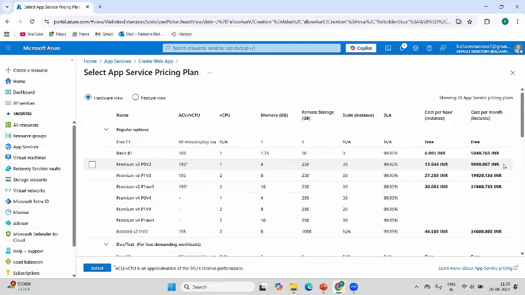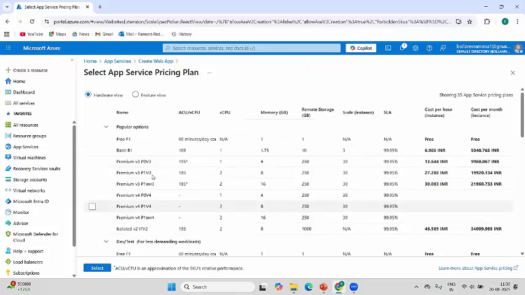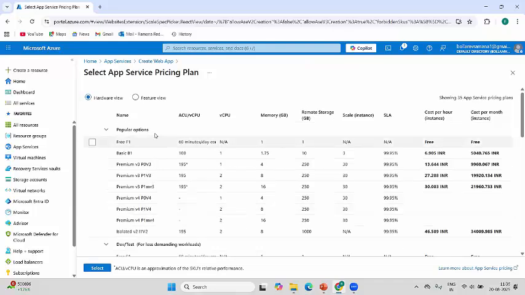And what is the cost of this particular instance per hour and per month? Similarly, if you go with a P1 V3, 2 CPUs with 16 GB RAM with 250 GB storage, and a lot of features vary based on premium, basic, and isolated. Isolated runs completely in an isolated network. We'll talk about these tiers later, but I just want to give you that. Based on this, you can choose. I'm choosing premium P1 V3. Select